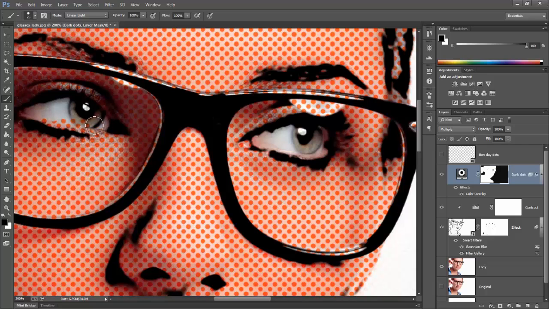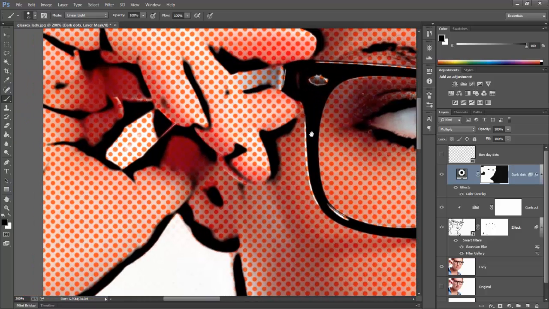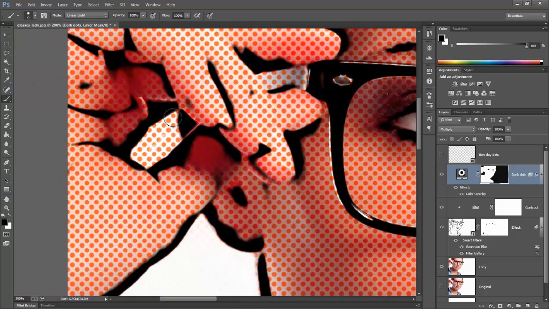I'm going to come down to just where the eyelashes are on the image here, and that'll probably do us. Let's scoot once more over to where that hand is, and then I'm just going to erase all around in here